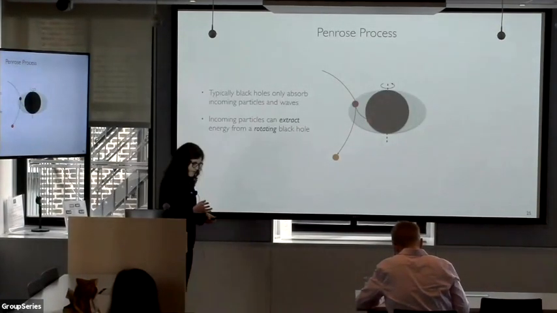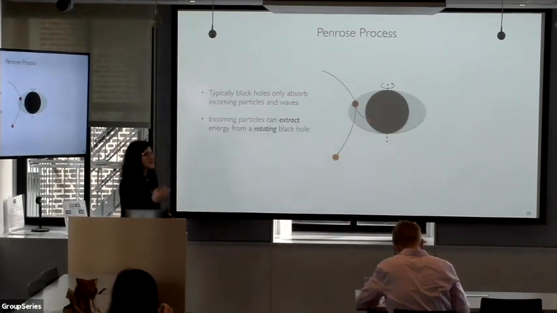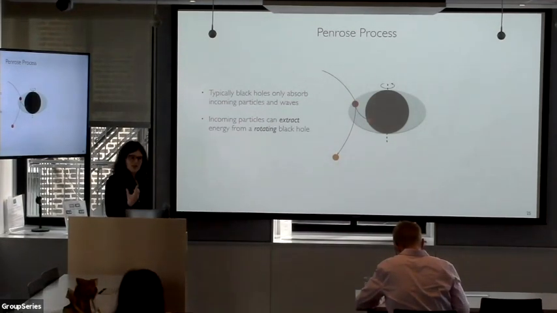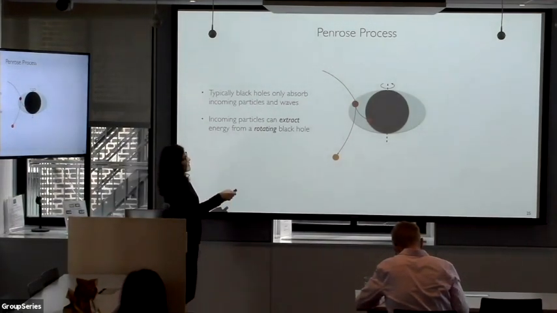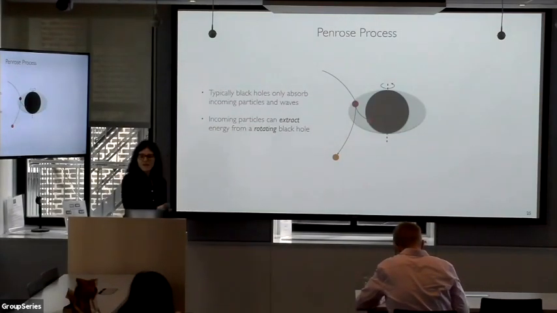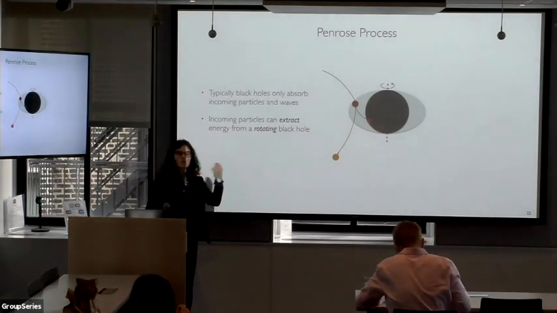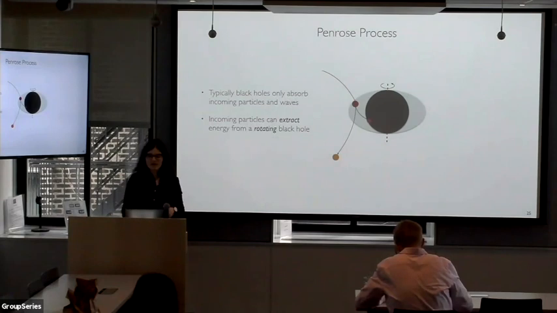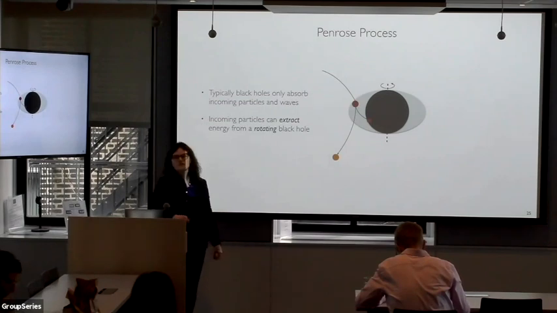You might be already familiar with a similar process called the Penrose process, by which you can extract energy from a rotating black hole. If you throw a particle into the ergosphere of a rotating black hole, it can split into two pieces. And since the ingoing part has negative energy as viewed from infinity, the outgoing part can come out with more energy than the energy with which it came in. This spins down the black hole by a small amount, and it extracts some of its energy into the kinetic energy of the particle.